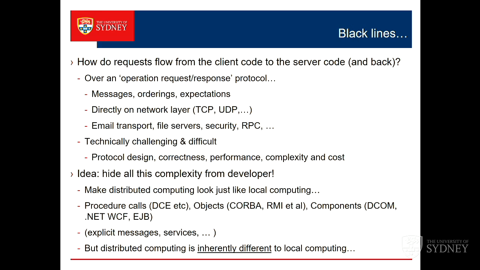So someone said, okay, I've got a mail client and a mail server. Let's define a series of messages where I can send email, receive email, etc. And I'm doing that as a series of messages that are plumbed straight on top of the TCP layer. A lot of file servers will have a particular file service protocol, SMB, which will be running on some quite low networking layer. They're doing that either for historic reasons, because there was no other layer for them to build on, or they're doing it because that's going to give them the highest level of performance.